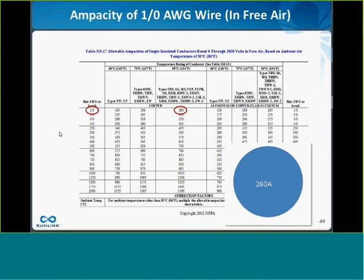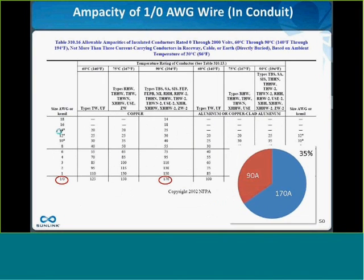just looking at free air versus in conduit ratings for copper. So there's 2 tables in the NEC. One is a free air table. If you look at, say, a 1 aught conductor in free air, it's rated 260 amps, which is pretty good. But as soon as you put that 1 aught into a conduit, you've got to use the other table, which basically you lost 35% of the current carrying capacity of that conductor just by the fact that that conductor is